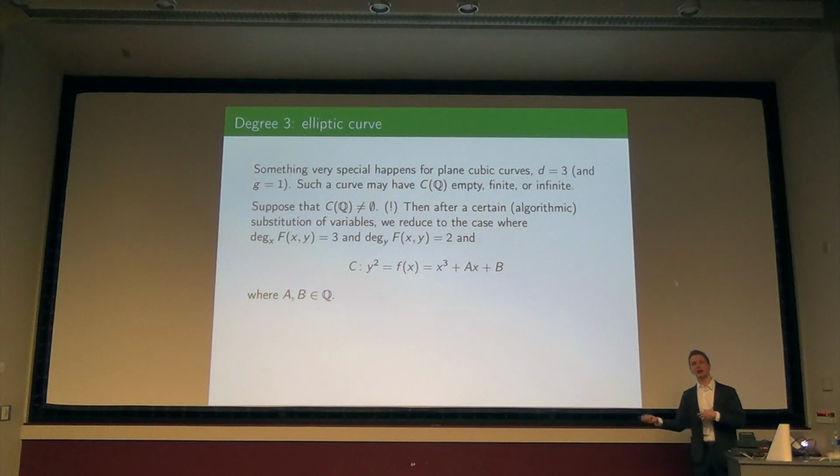And after all, if we want to find rational points and I have some rational maps between them, I can always study this guy and then move back to my cubic equation if I want to. Okay? So this is what the standard form is called, a Weierstrass equation. And that doesn't look too bad, does it? Y squared equals f of x. The a and b are rational numbers.